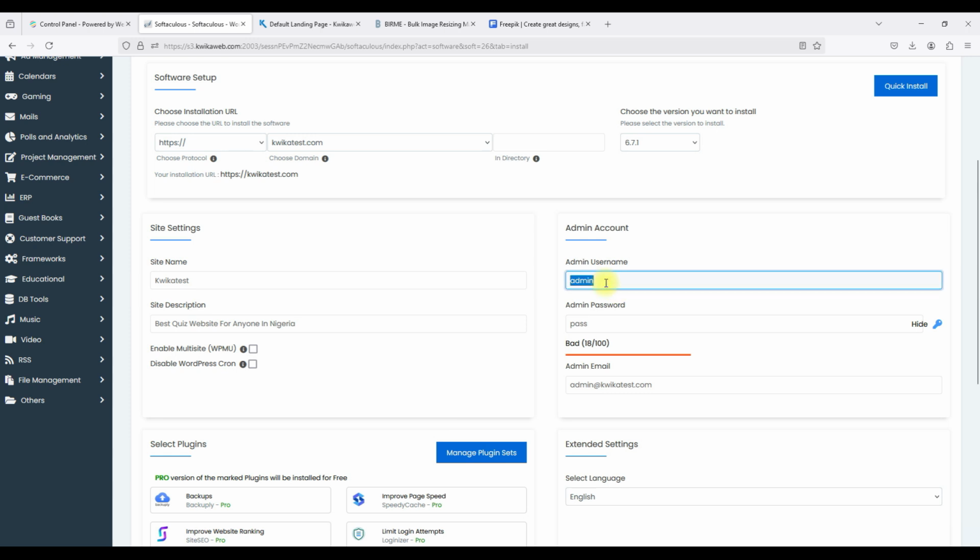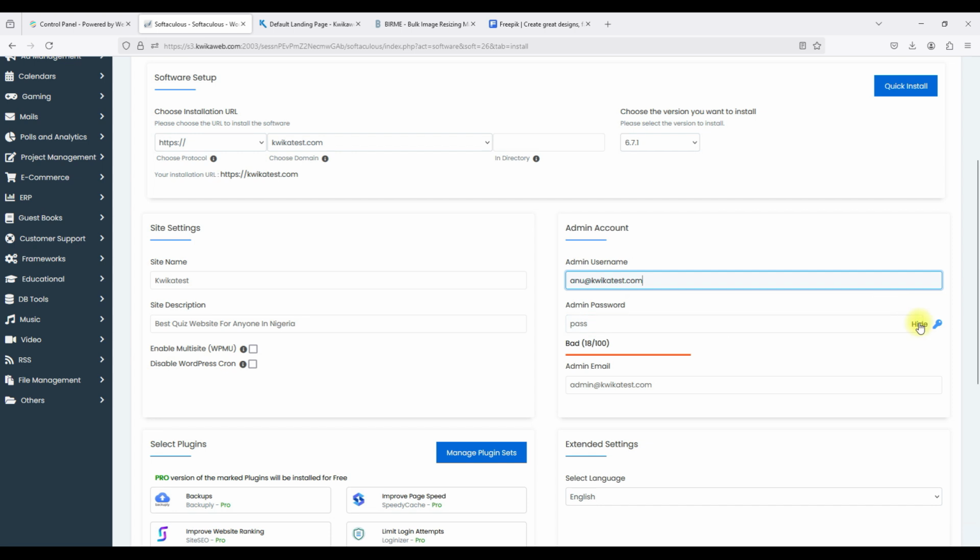And then the admin. So one fun thing about WordPress is you can see that it has just set a default username, a default password, and a default email. Don't do that. You must set a unique one, let it be unique to you. Like in my username, we don't want you to just be giving access to hackers. Everybody knows that if it is default admin, the first thing they will try is admin, and we don't want that. So instead I'll just put anu@kwikaweb.com